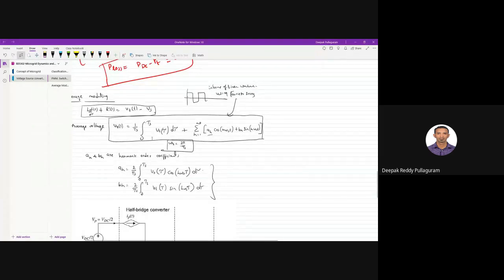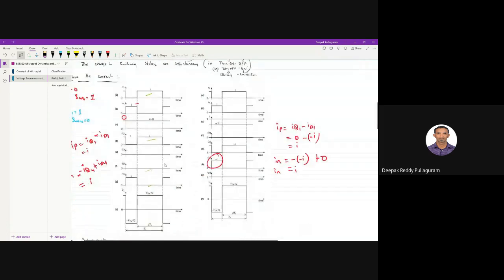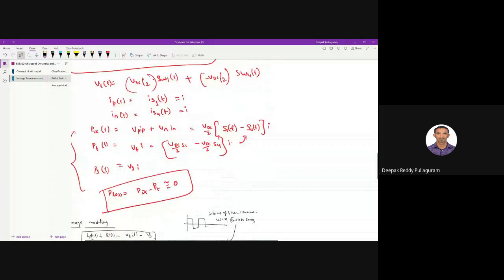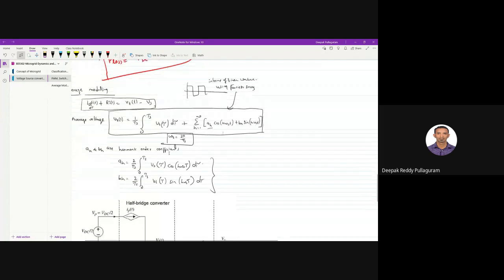Here we are going for a Fourier expansion. Why did we go for a Fourier series expansion? Because what we get is a pulsed waveform in VDC. To get it into sine forms, we expand it into the Fourier series. In the Fourier series, we have AH cos h omega s t and BH sin h omega s t. These are the two equations we get. Omega s is the switching frequency. You should remember omega s is not a nominal frequency or a modulating frequency; rather, it is a switching frequency. It depends on the switching frequency only.